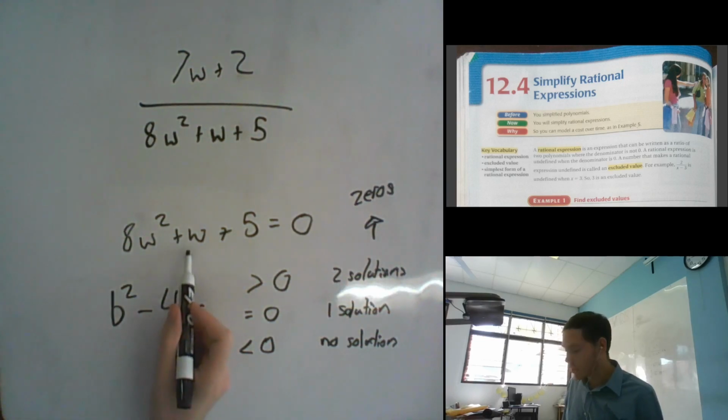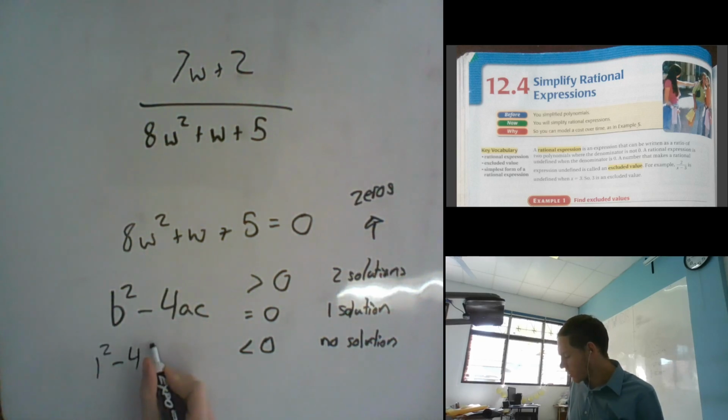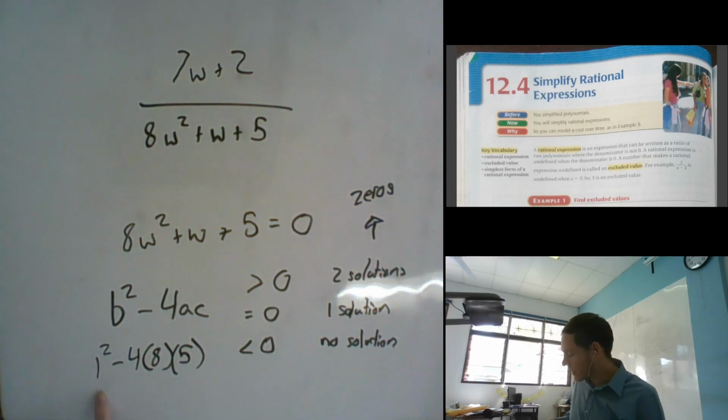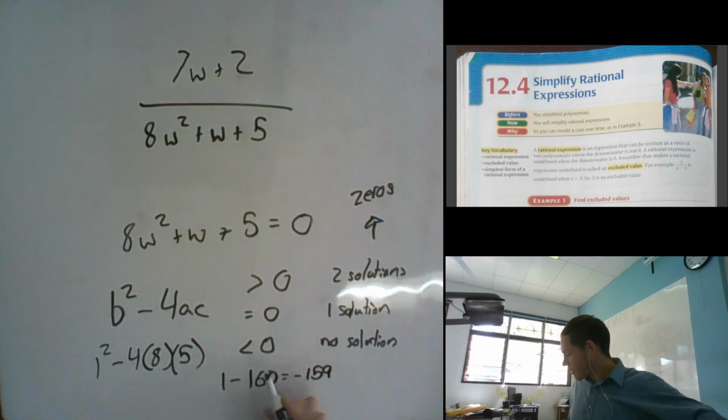So, b squared is our middle number. B is 1, so 1 squared, minus 4 times a is 8, and c is 5. Okay? So we get 1 minus 160, which is a negative number, negative 159. So this is,